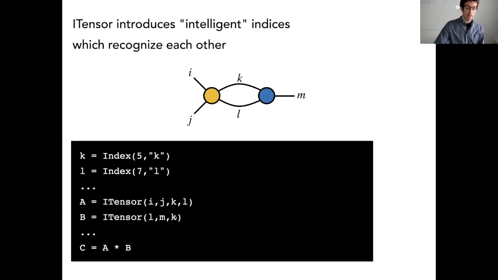And then you put indices in pairs onto different tensors so that later when you want to contract these tensors together, these indices would have these ID numbers. They just find each other for you and they contract themselves. So you basically just do a little bit of upfront work to define indices. But most of the indices you actually don't define yourself. They actually result from factorizations that you do. So they're kind of born throughout the calculation.